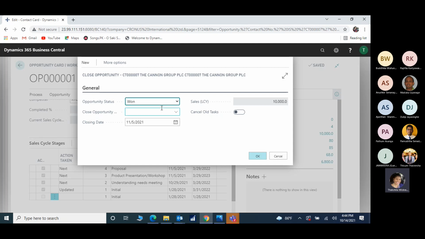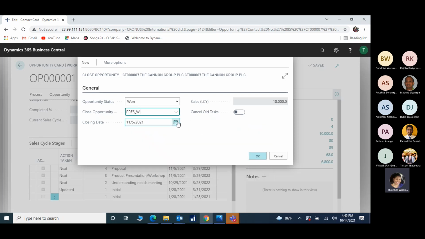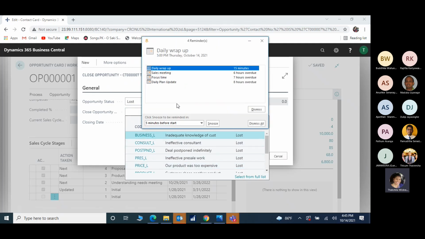If you are winning the deal, you can say we have won the deal, and you can give some reason codes. Because of strong pre-sales, we won this deal, right? When was the closure, right? So all these things can be done. If you have lost the deal, in the same way, there are reason codes for inadequate knowledge of the customer, ineffective consultant, deal postponed indefinitely. So these are the reason codes you may have. So when you give those and close your